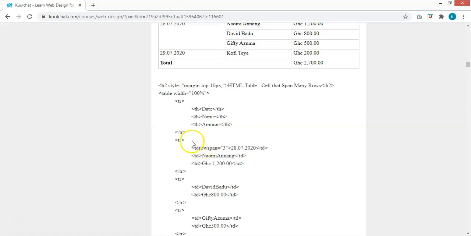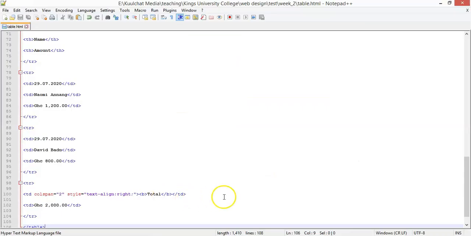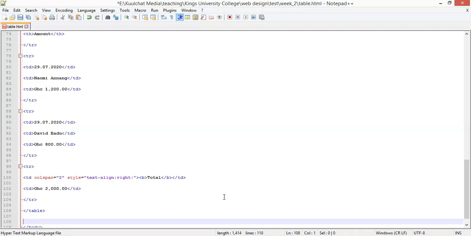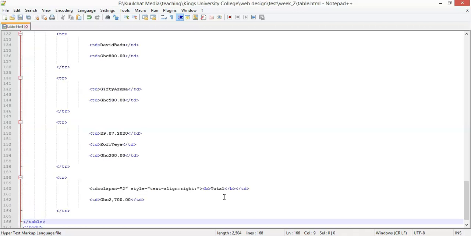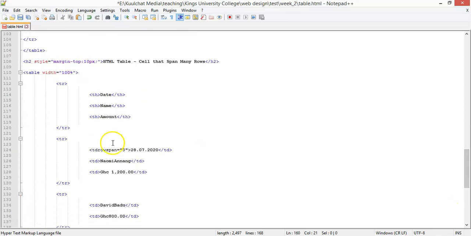Okay, so let's copy this and we paste it. Okay, so you copy this one and you paste it. Okay, then you can save it. Okay, now in the notes, remember the TD has joined the colspan, so you have to separate it so that it sees it as a colspan. Okay, I think the same with this one. Okay. So now when you save and you run,